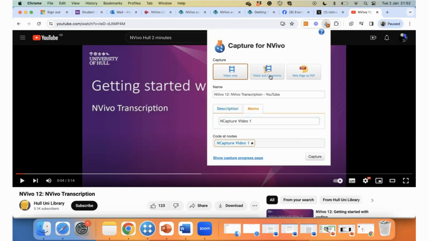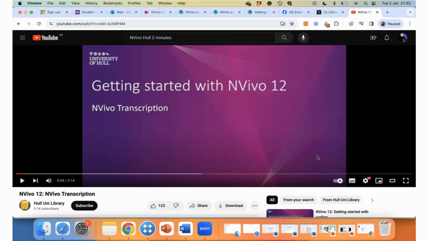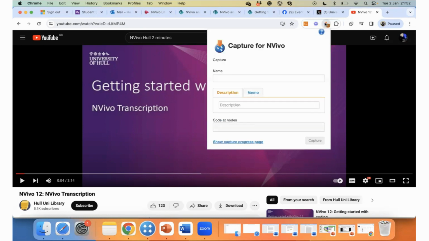and we can see that for video and comments it's exactly the same box, and for web page as PDF also it's exactly the same. So let's try all of them. So I will start with capturing web page as PDF, and I will go back to the same icon, do the same. This time